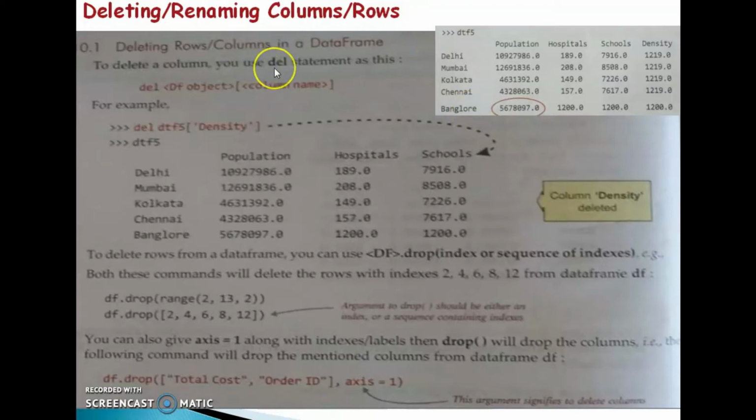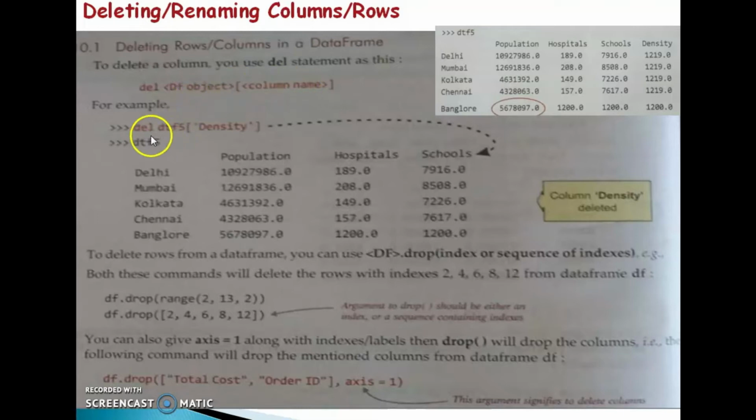By using the del statement, we can delete a column. The syntax of the del statement is del, then the data frame object, then within the square brackets we specify the column name.